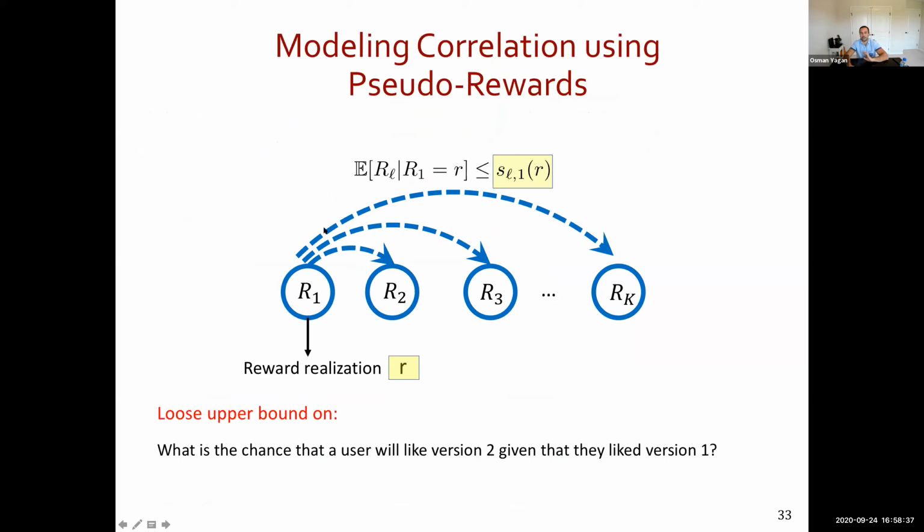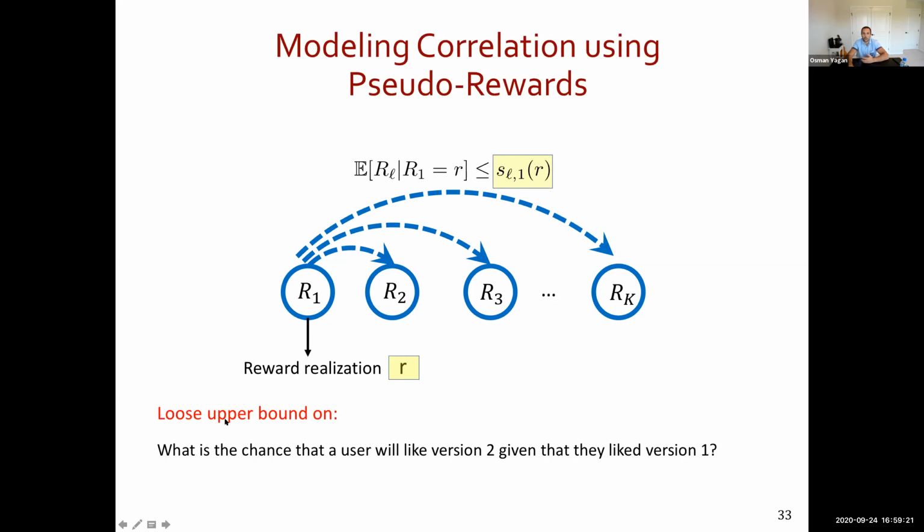And what we said is, let's assume the knowledge of upper bounds on the conditional mean rewards. So I don't want to assume anything about the distribution, and I don't want to assume anything about specific users. All I want to assume is something like, what is the expected reward I would have gotten from one arm, given that another arm gave me this reward? And all I need is an upper bound. And the upper bound doesn't obviously have to be tight. The algorithm makes use of whatever bounds are given to it. And the tighter they are, the better results will be obtained, but there is no strict condition that they all have to be tight.